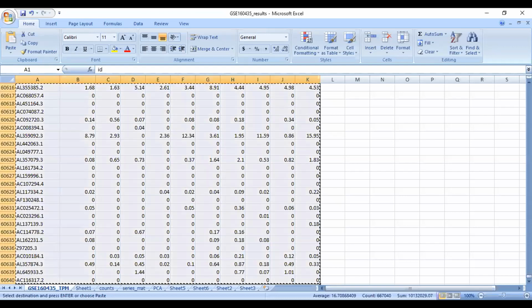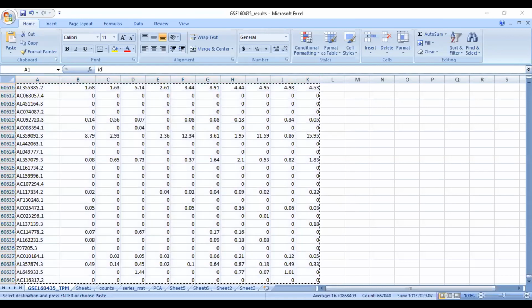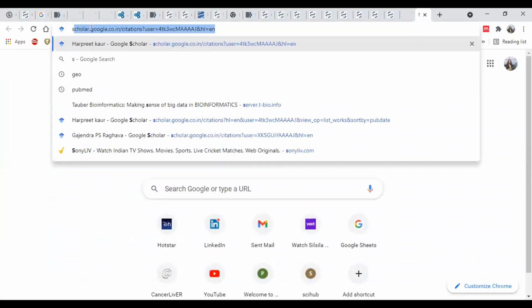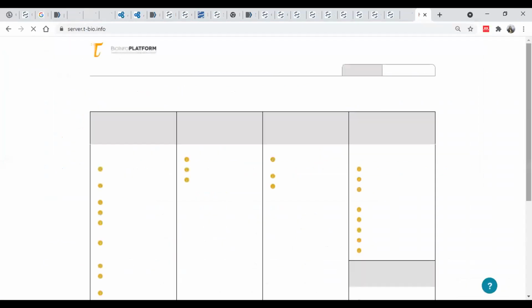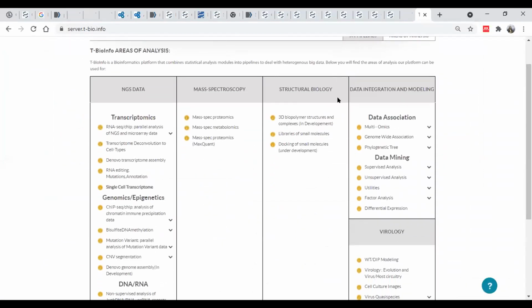So how can we use this particular information? Now let me take you to the server again. I have just taken that particular table, and next I'm going to perform simple exploratory data analysis using PCA.